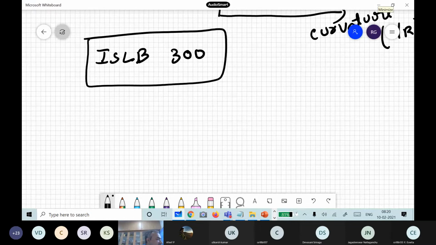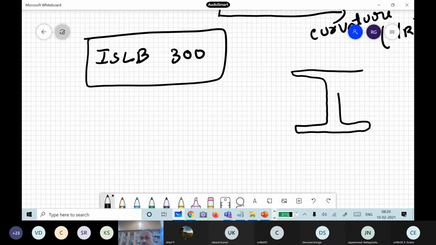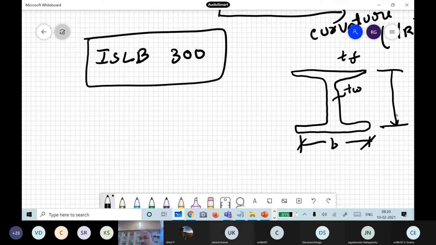So we have the I section, this is our I section. Now we have the thickness of the flange, which is required. Then the width of the flange, that is B. We should also know the web, because we have to check whether the web is slender or not. So we have the thickness of the web. Then this is the depth of the entire section, denoted as H. And then we have H1 also, that is, ignoring the flanges, the clear height of the web, H1. These details are available from your steel tables.